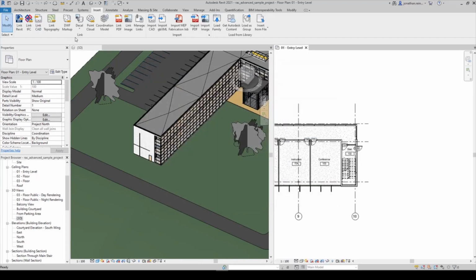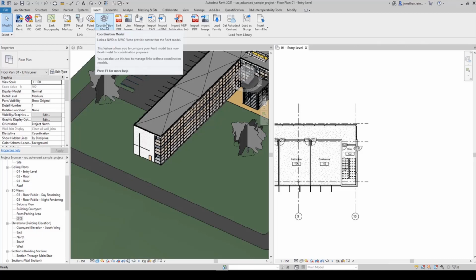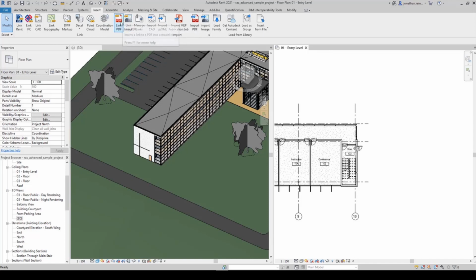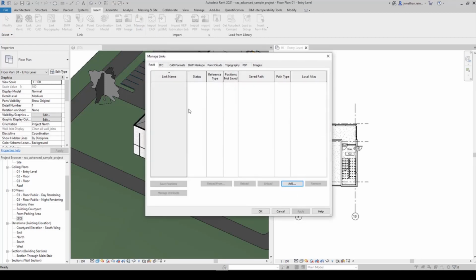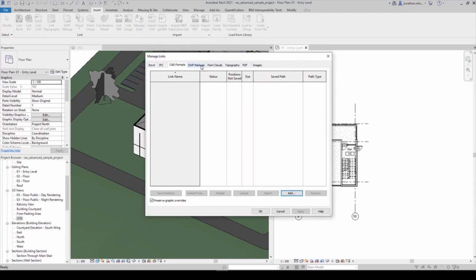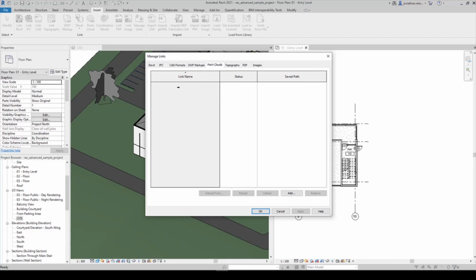So quite helpful, especially when you're making that transition from AutoCAD to Revit, for example. You can bring in topography, DWFs, decals, different point clouds such as RCP or RCS, coordination models from something like Navisworks, NWD or NWC files, link in PDFs and model over your PDFs, any sort of images, and you can manage all of your different links from in here as well by turning them on or off or just checking where they're located, what the path of them is, and where they're based either on your server or on your